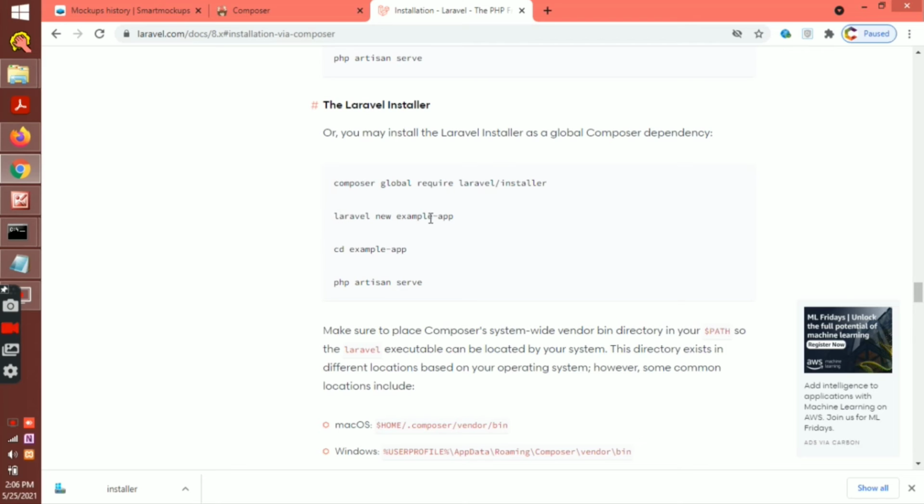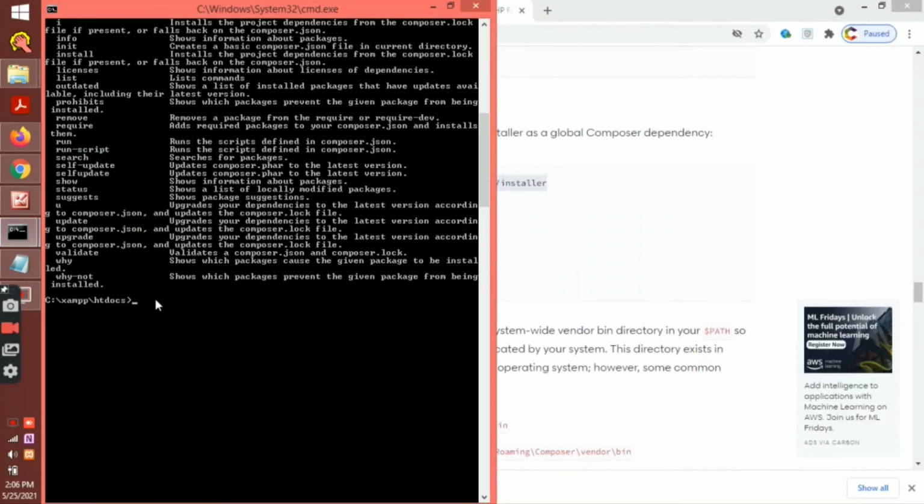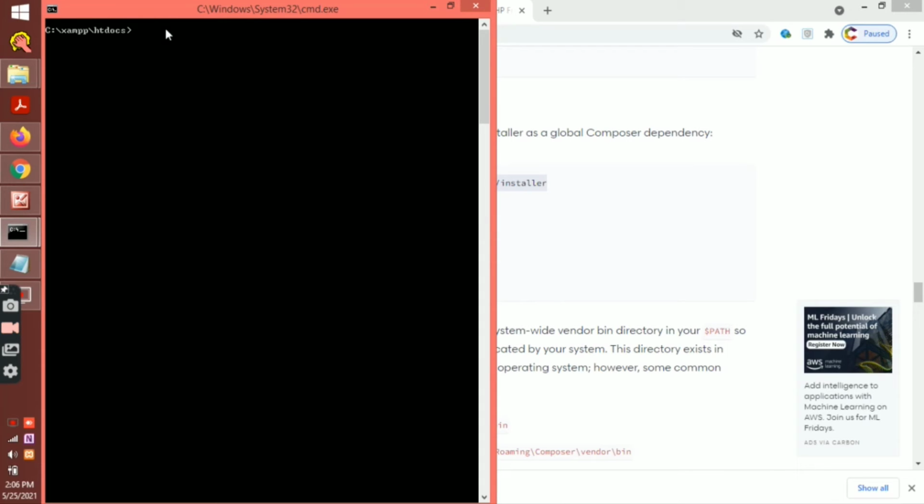First I copy the command and paste it into the command line. There are two options: global download and local download. With global download, we can use Composer and Laravel from any folder.